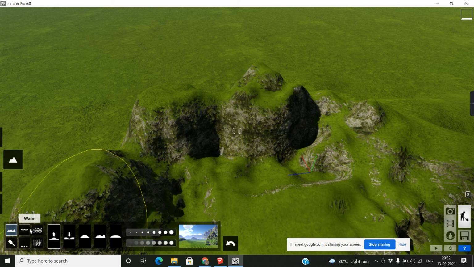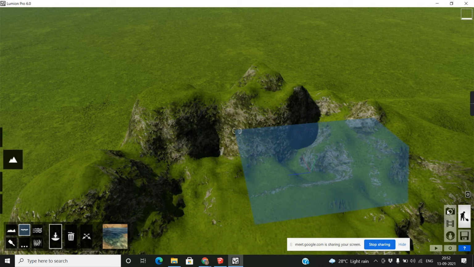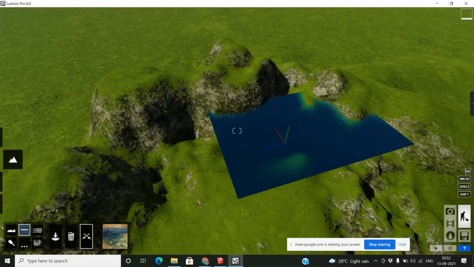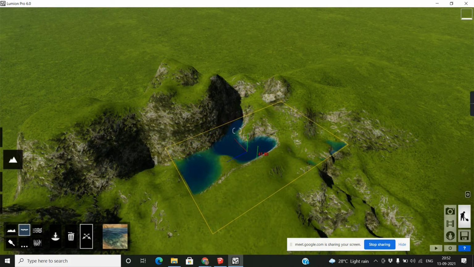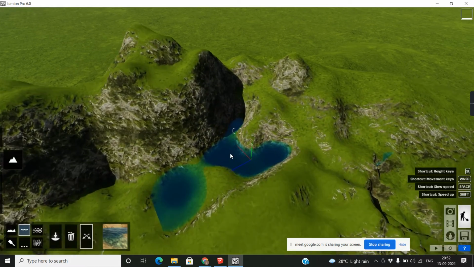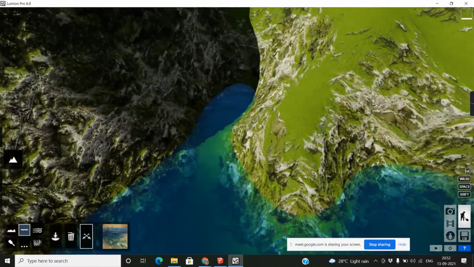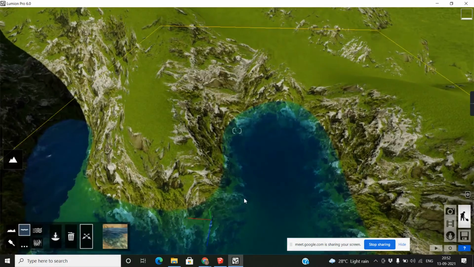Okay, so just click and drag. When you reach here, just move down from this corner. Look, you will get the water in that particular area, and it's animated water.